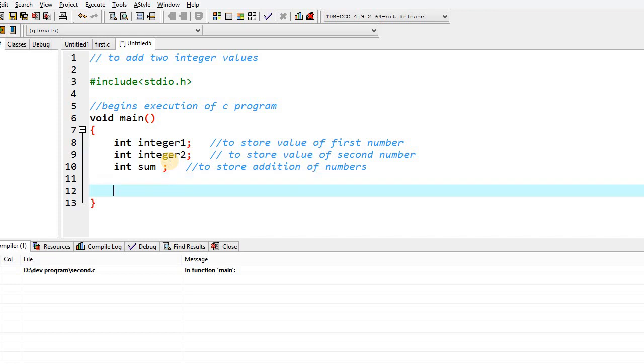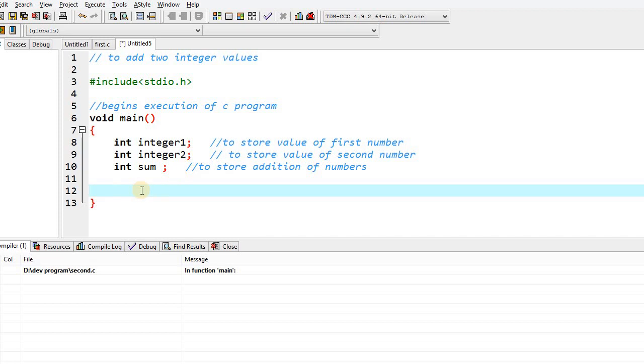Now what we have to do is, obviously this program is to add integer values. Now we can add integer values in two ways. The first one is we take just static integer values, assign them to our variables, perform the addition operation and just print out the summation. The other way is to enter a number from a user, that means through the keyboard, and we will perform addition of the numbers which are entered by the user.